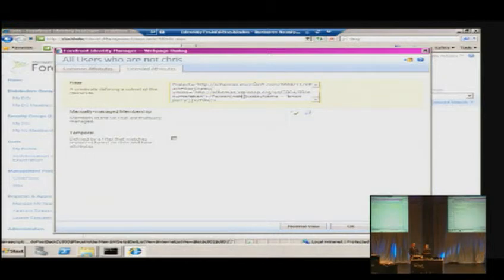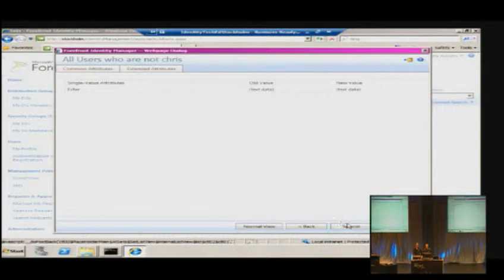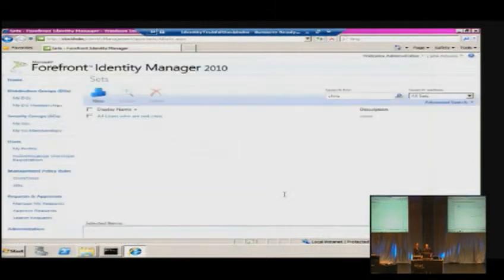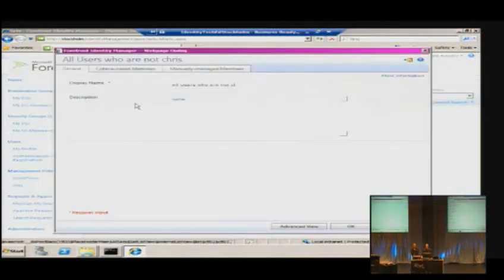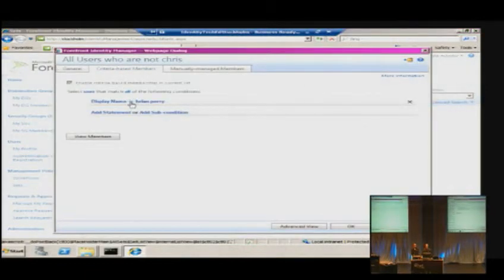So right here, I have a set which is a group of people who are not Brian Perry, and we can just make some modifications to make that a group of people who in fact are Brian Perry. So I submit that. If it is not well formed, it will give me an error at that stage. Click on that, and we can see it's changed. So from there, we've modified the XPath to define a set. So you can either do it declaratively using the wizard, or you can use XPath to have more granular control